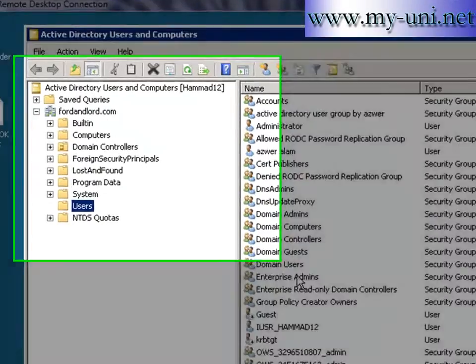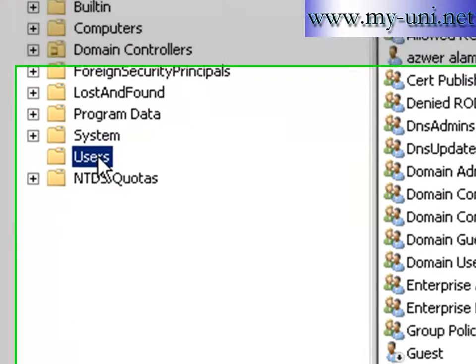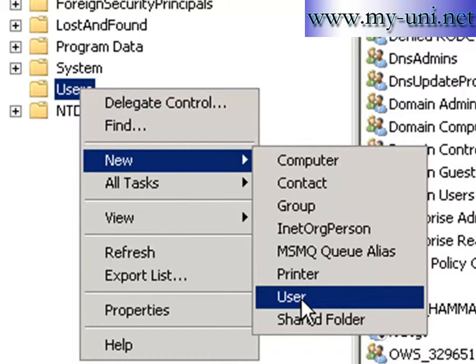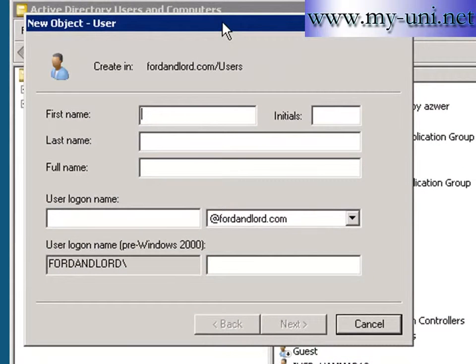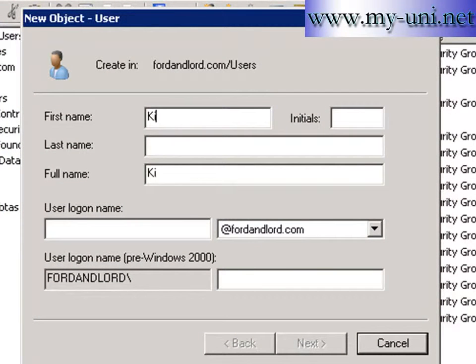Now this screen opens up, and this is the name of the domain, and there is a folder called Users. Right click, New, and you have a number of options. Click User. A new object is being created and the object type is user. You can type in the name, Kiara for example, and last name Knight, and this is the user logon name. This is the name that the user will have to use to log on to the system. So I can simply say Kiara,